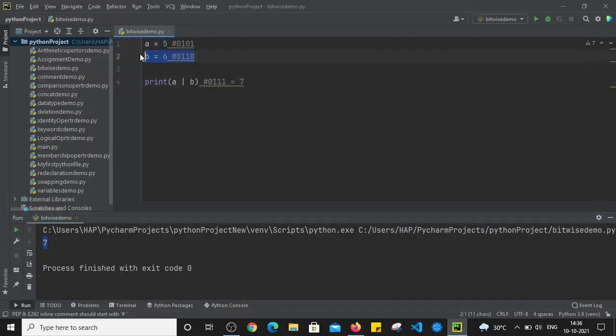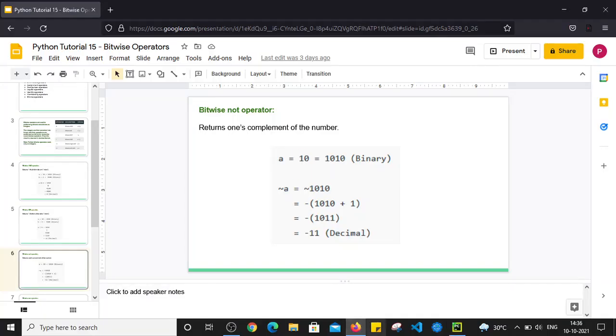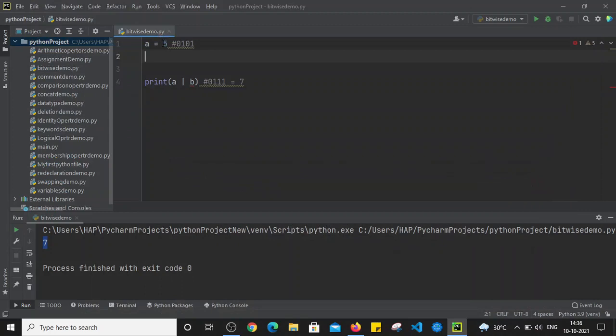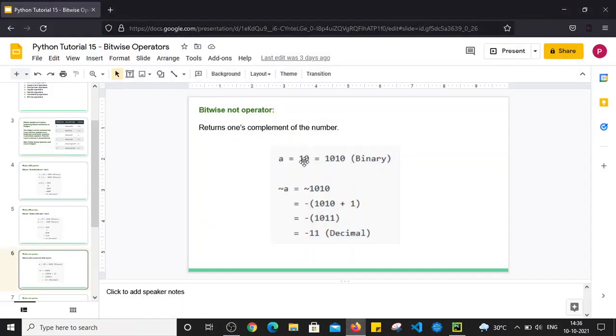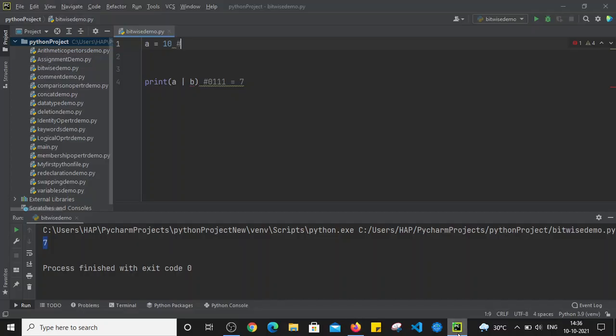Now I am going to have one variable, let's say a equals 10. So a holds the value of 10, which in decimal format is 10, and in binary that is represented as 1010.